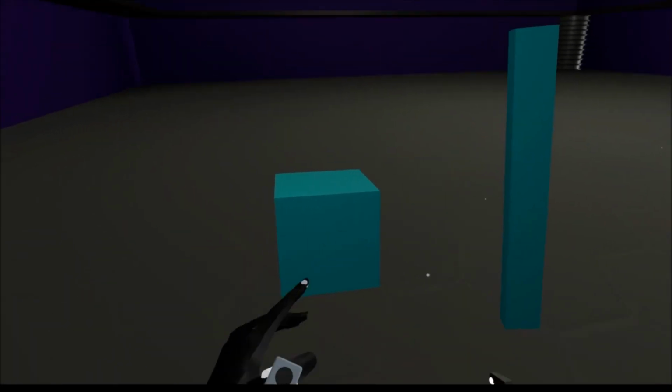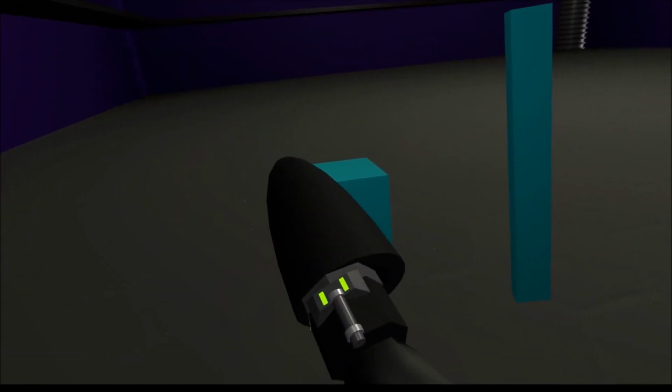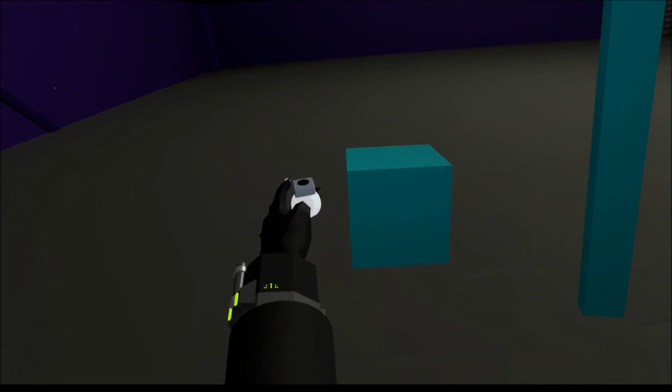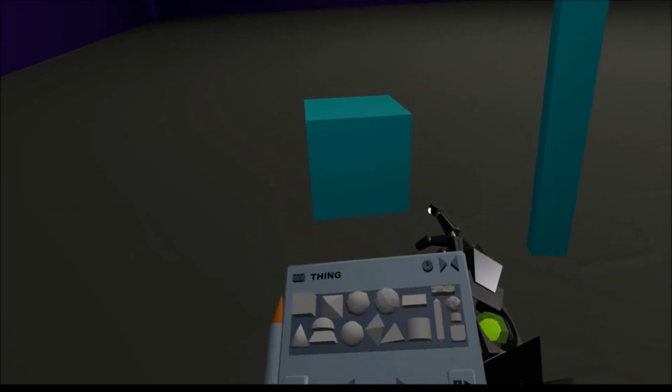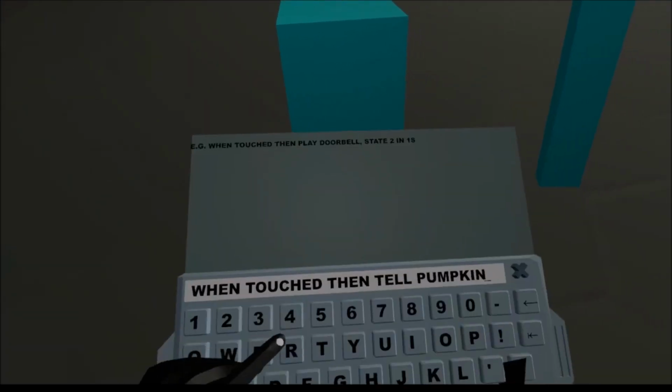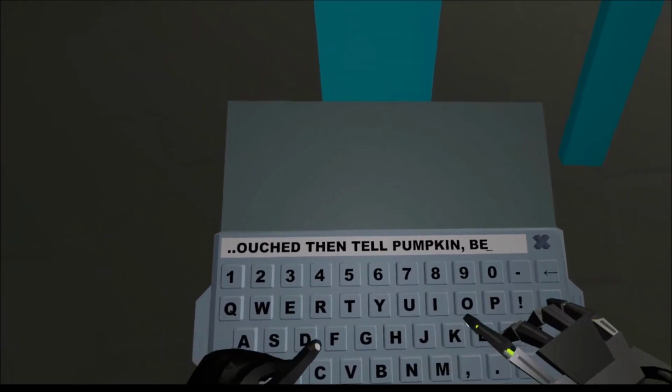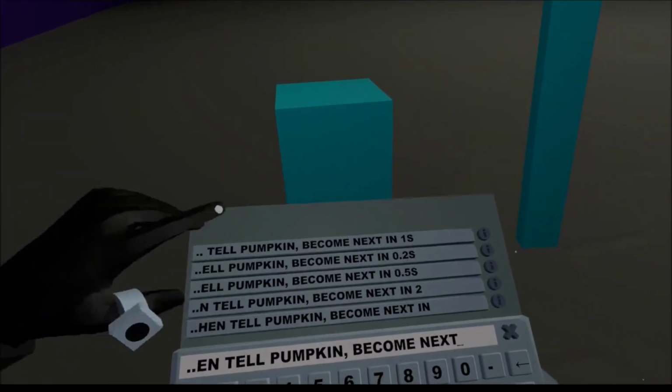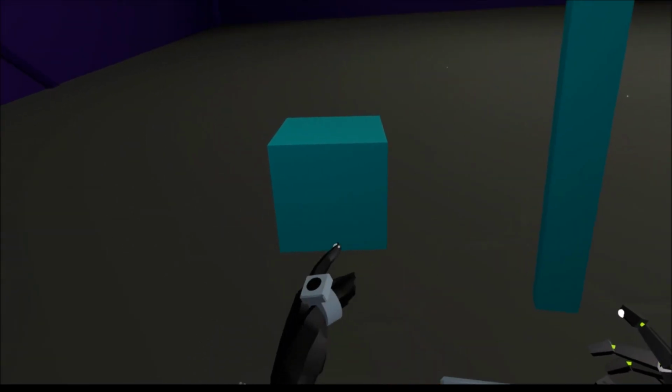Then you could do all sorts of fancy stuff if you want, like if you do a switch and you want it to change state so it looks like the lever flipped or the button actually went in, like this real quick. When touch, then tell pumpkin. Do become next